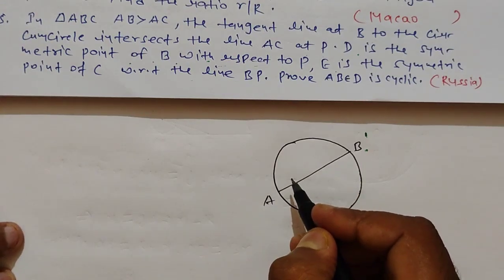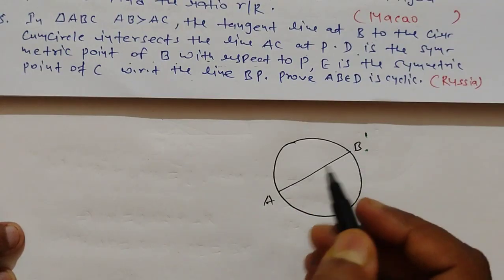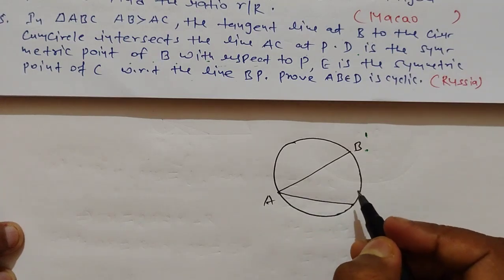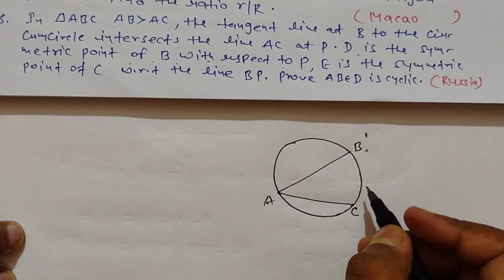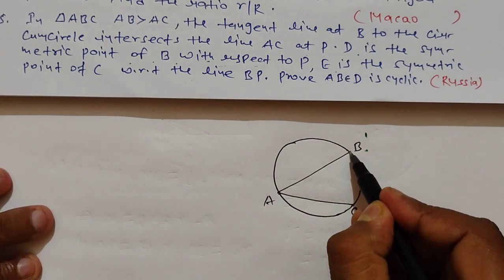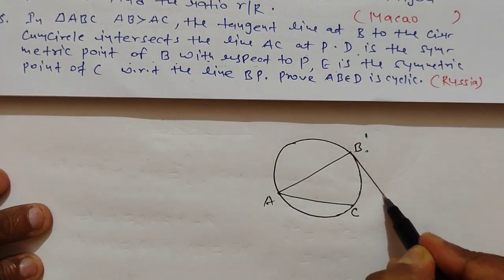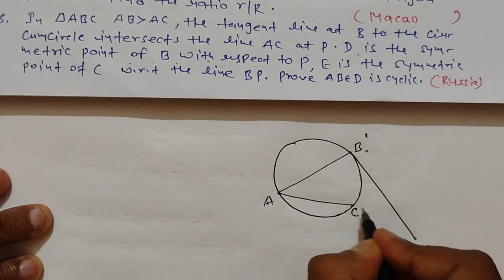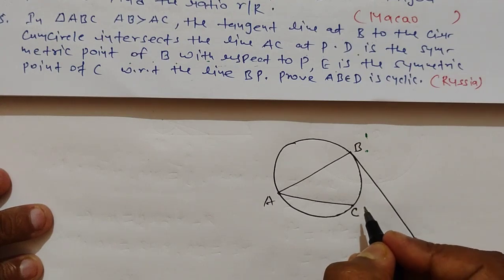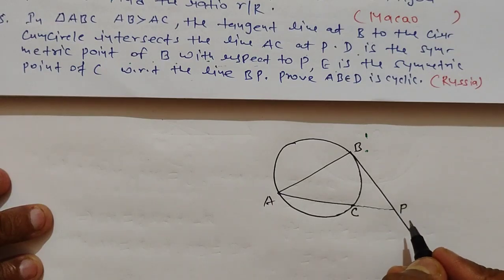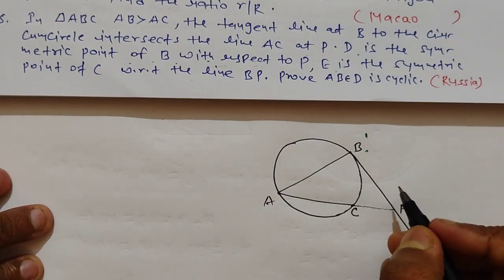Here AC, this is the point for C, and here the tangent from B, and this meets at P here,